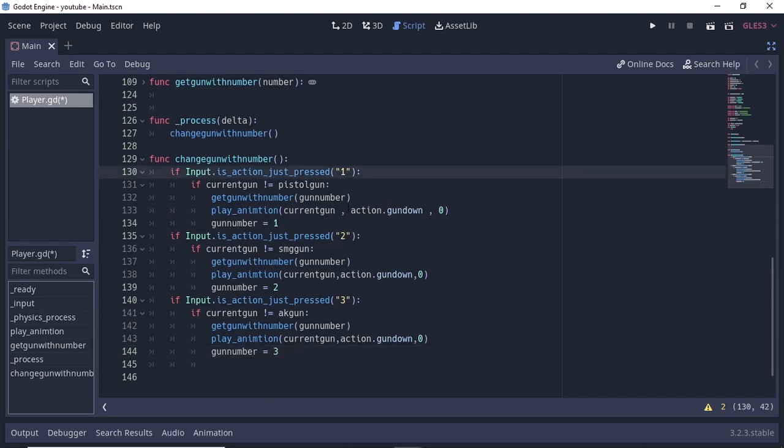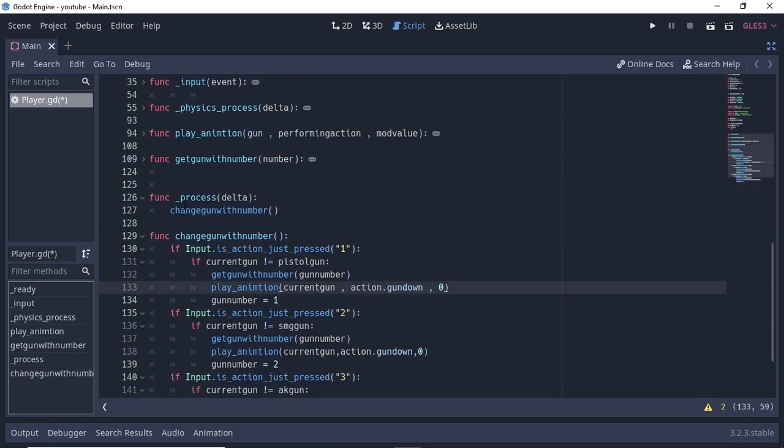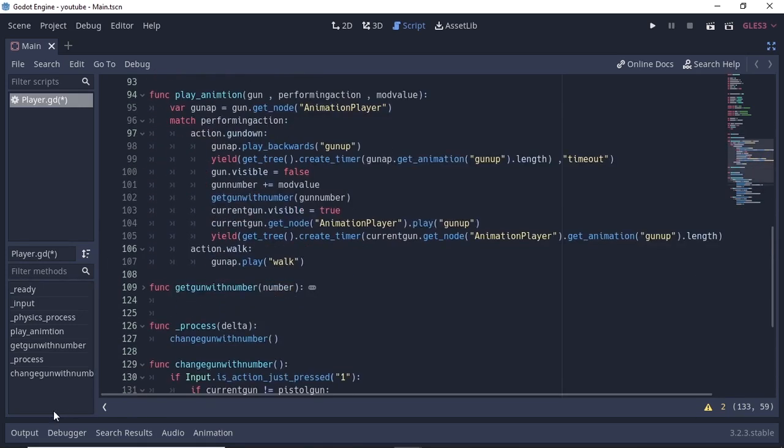So when we press 1, it will check if our current gun is not equal to pistol gun, and this line will be true because our current gun will be AKM. Next it will get gun with number, which will set our current gun to AKM. Next in the play animation function, our current gun will be AKM, so it will play the AKM gun down animation. Then if you go to this play animation function, which is here, yes, you can see here after we